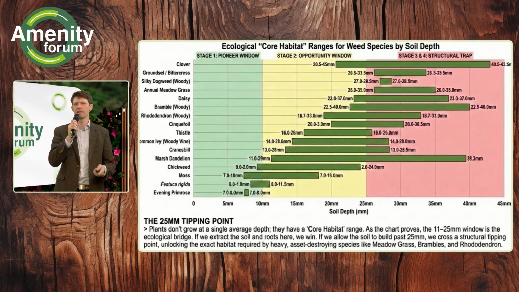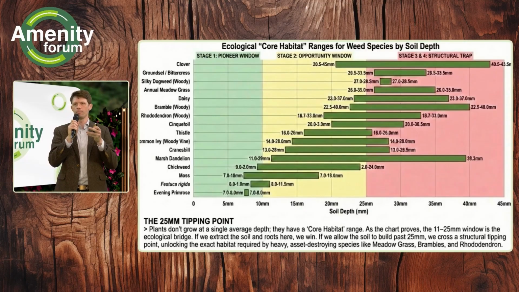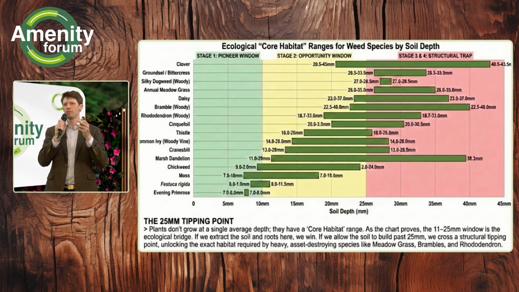So this applies that to what we found in Bracknell on these different pavements or hard surfaces. We found that it splits up into 4 different stages. Up to 10 millimetres, you've got a pioneer window where it's just pioneer species of weed like moss, evening primrose. And then as you get